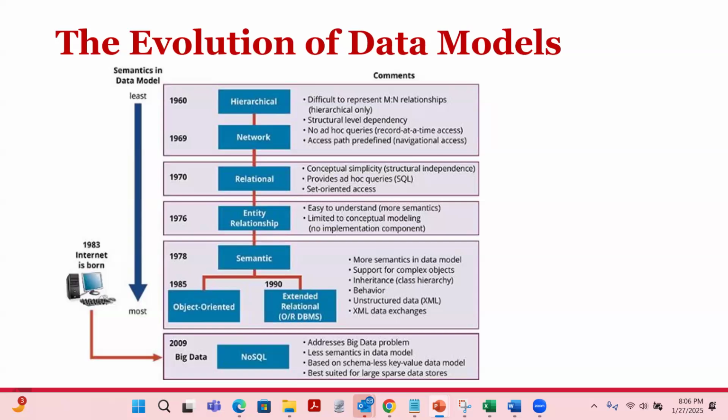They didn't support relationships between different data nodes. They didn't support structural independence. They were highly dependent on the structure. So they were a little bit better than a file system, but still they were not designed to support relationships